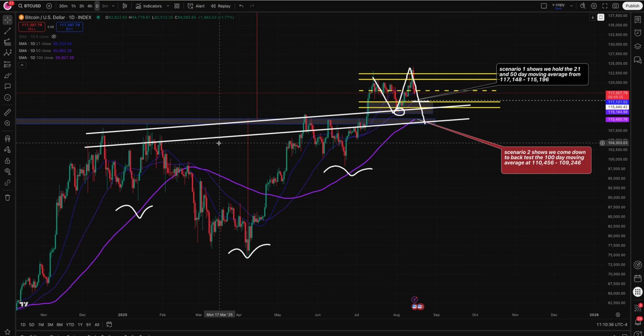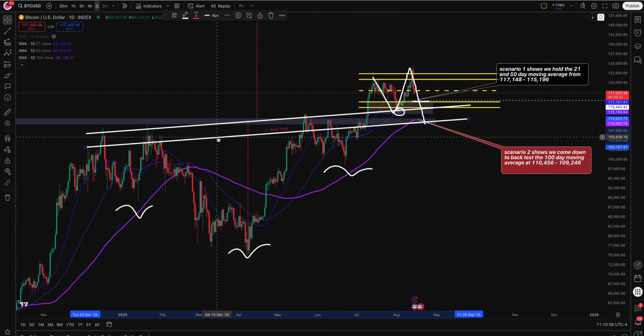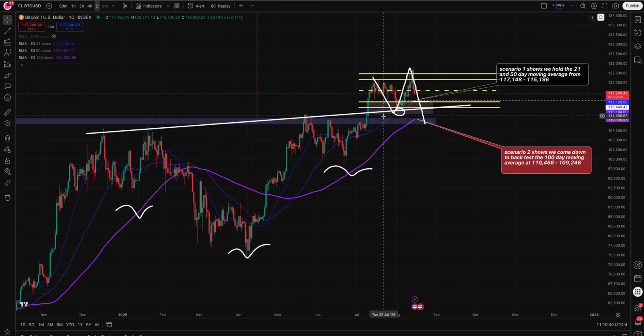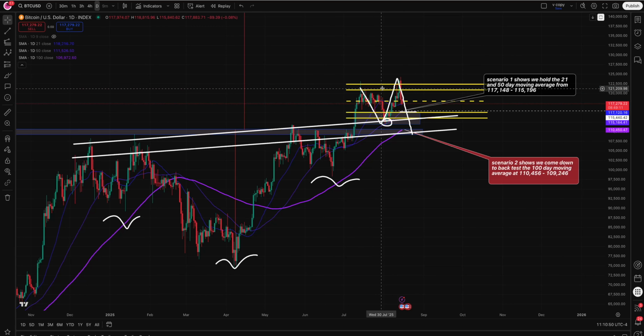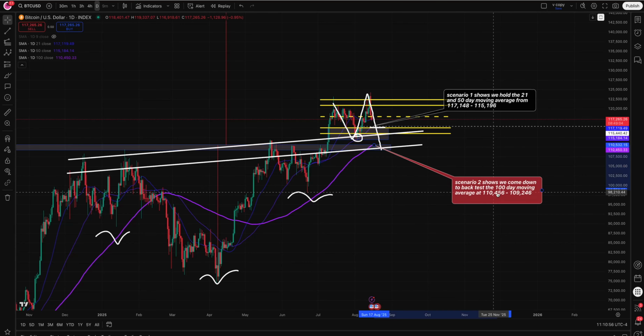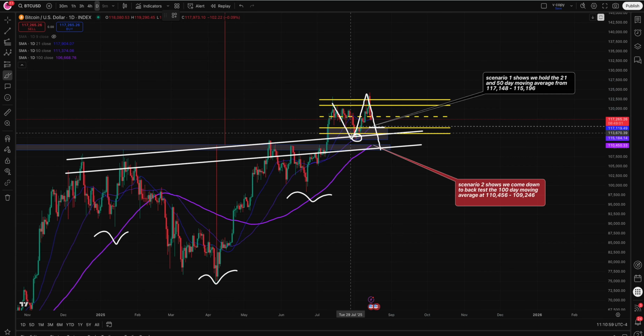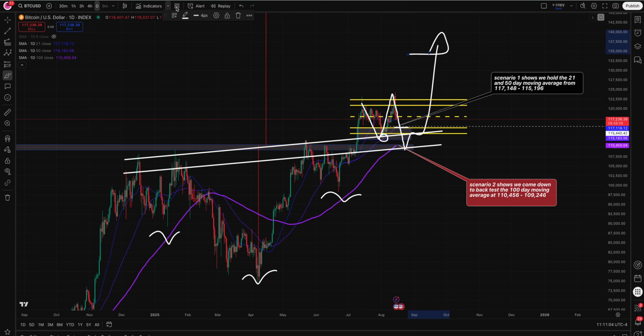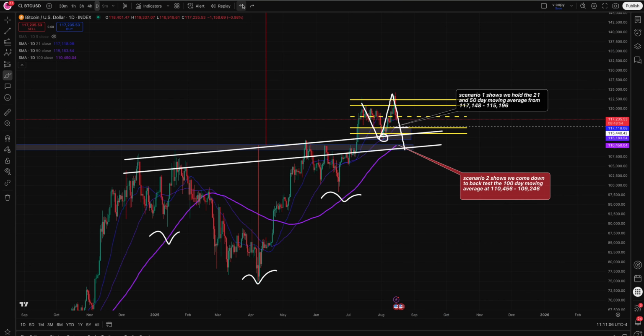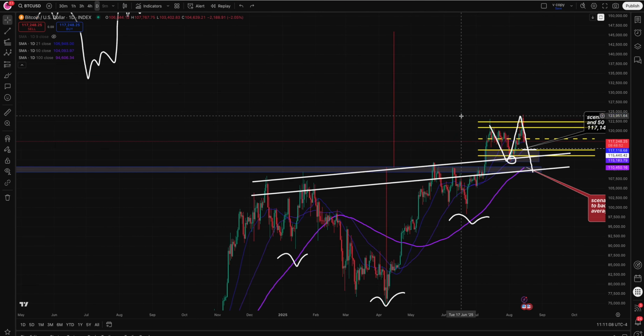So that's why I always place two trend lines on the chart. So if we were to just remove this, you could say, oh yeah, the neckline was tapped into. But I always place two trend lines on the chart just so we can add that buffer, okay? So coming down here to fully backtest the neckline of this inverted head and shoulders wouldn't be something out of the ordinary before we can have continuation higher, okay? So just remain patient. Let's just see how the rest of the day plays out, especially going into the weekend.